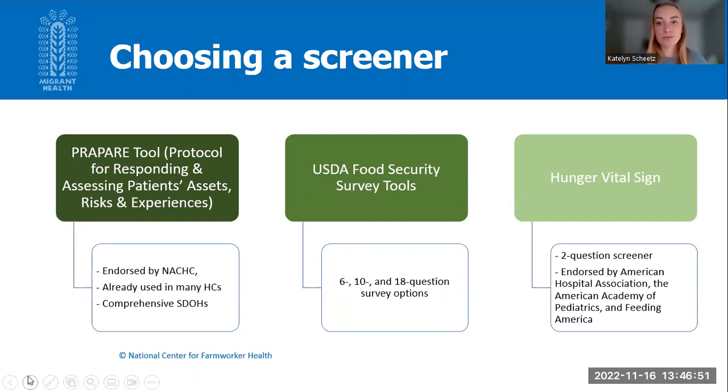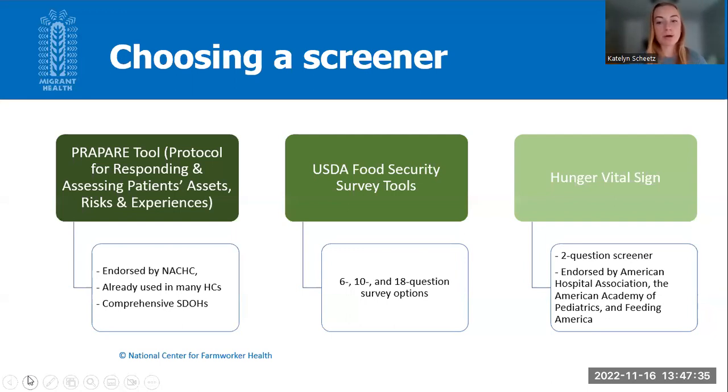Next, we have the USDA food security survey tools. And there's actually a variety of survey lengths that they offer to choose from, including a 6-item short form survey, a 10-question adult food security survey, and an 18-question U.S. household food security survey. And so there are advantages and limitations to each. Obviously, the shorter ones pose the least possible participant burden, but you know, it's less data,